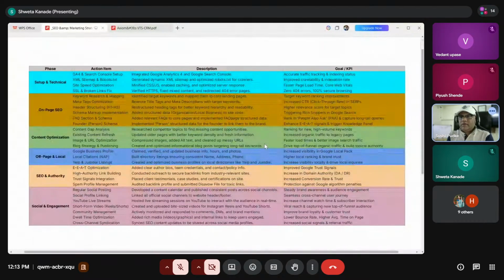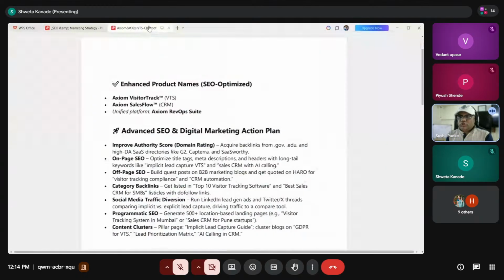Category means you are referred by platforms having a similar kind of services. It's not a random way of linking; related linking is called category linking. Post that, in the SEO and digital marketing strategy,